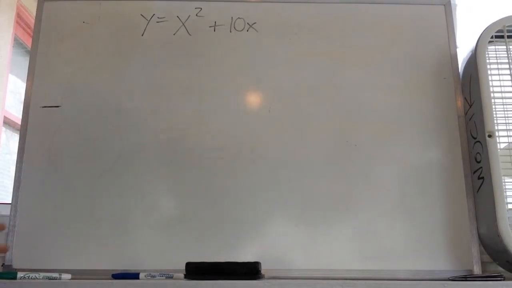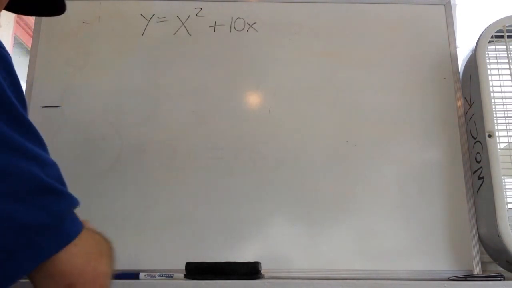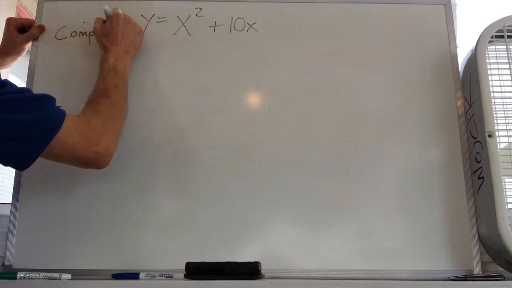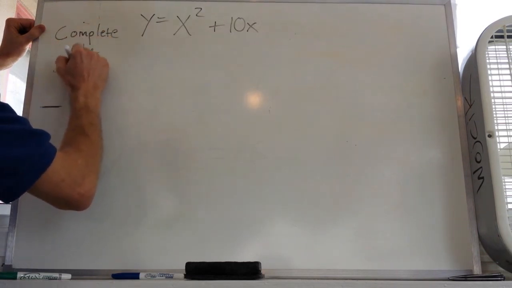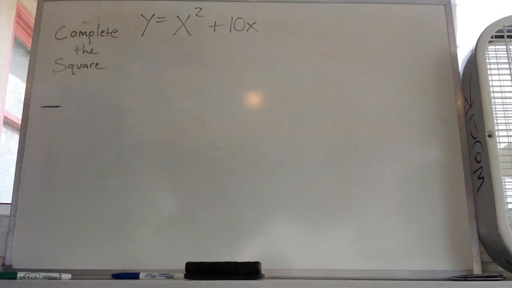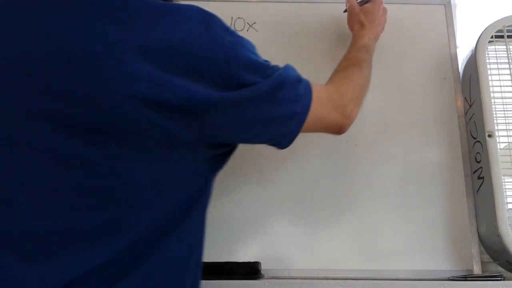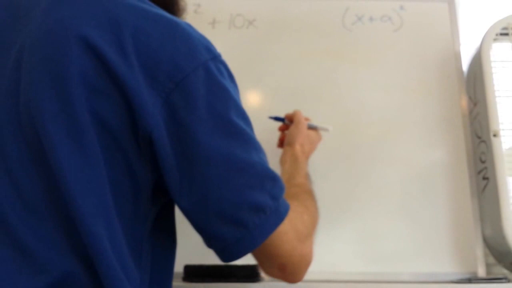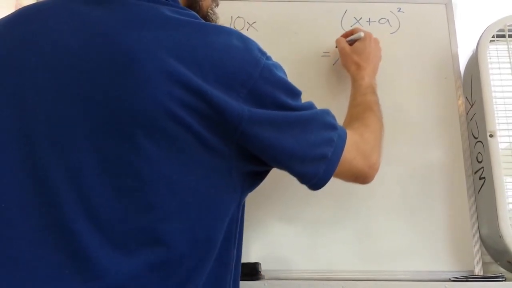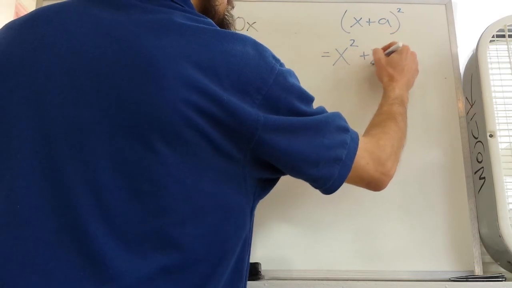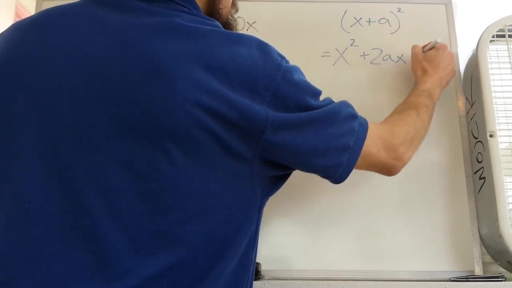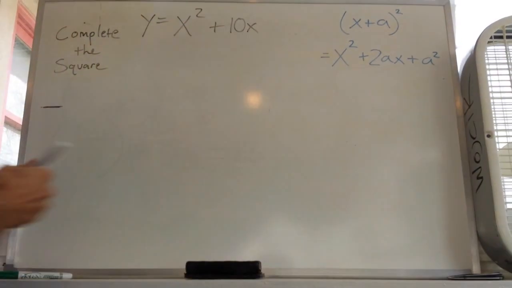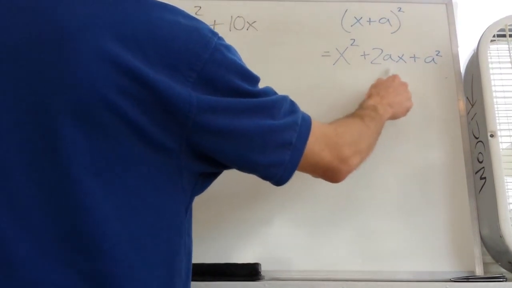Alright, so we left off the last video with this equation, and we are going to complete the square. What we have to recall is that whenever we have x plus any number squared, the expanded form would look like x squared plus twice this number times x plus this last number squared. Okay? So we look at this general form and notice that the coefficient on x